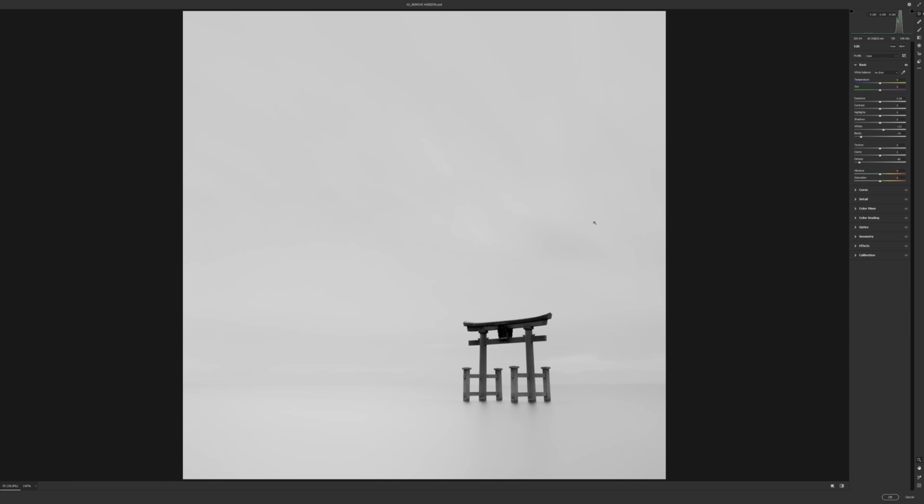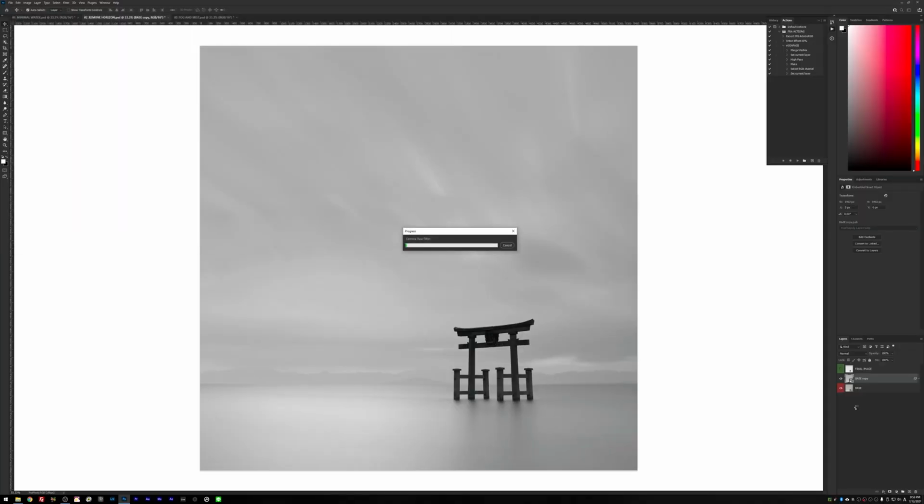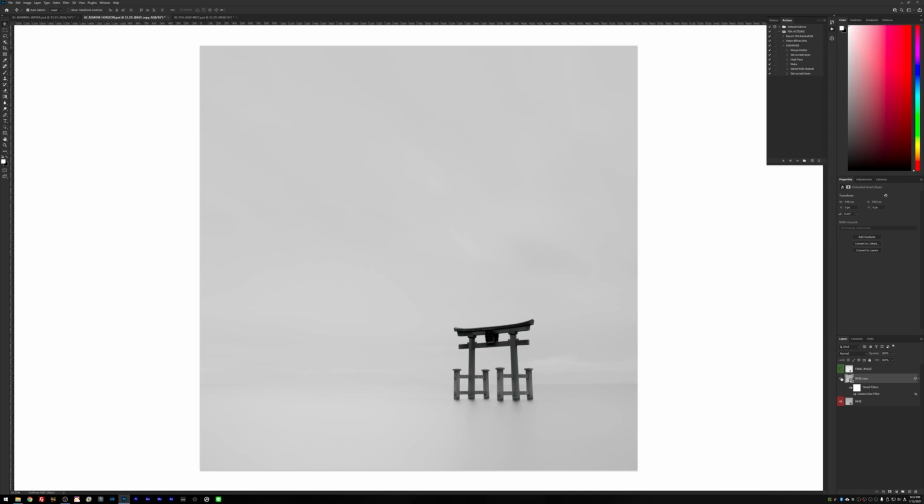Can you see how much of a difference this is making? You can barely see anything in the foreground here in the water. You cannot see the horizon line and you cannot see the sky, which is really dramatic. Look at that, before and after. So again, a really simple and easy way to use dehaze to get rid of all the parts in your image that you don't want to show, and to make what you want to show stand out even more, in this case the gate here.